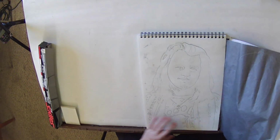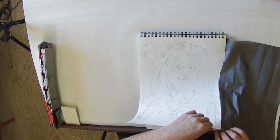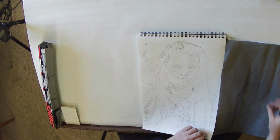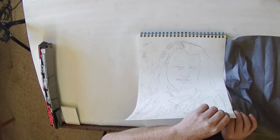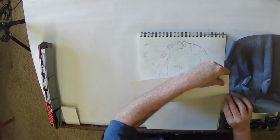Okay. Now I'm just going to remove the tape very carefully so I don't rip the paper. I recommend Scotch tape for this and not packing tape. But you use what you gotta use. The only thing I implore you to never use for this is duct tape, because that leaves a really nasty